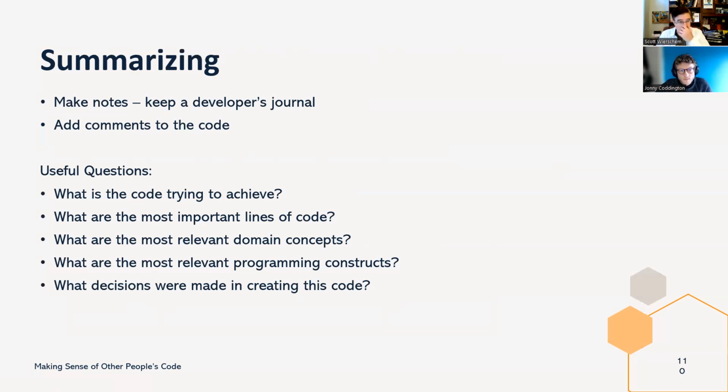Some questions you might consider when you're summarizing the code. What's it trying to achieve? What are the most important lines of code? What are the most relevant domain concepts, most relevant programming constructs? What decisions did they make when they were creating the code? These are all useful things to consider as you're summarizing what it all means and cramming it into your long-term